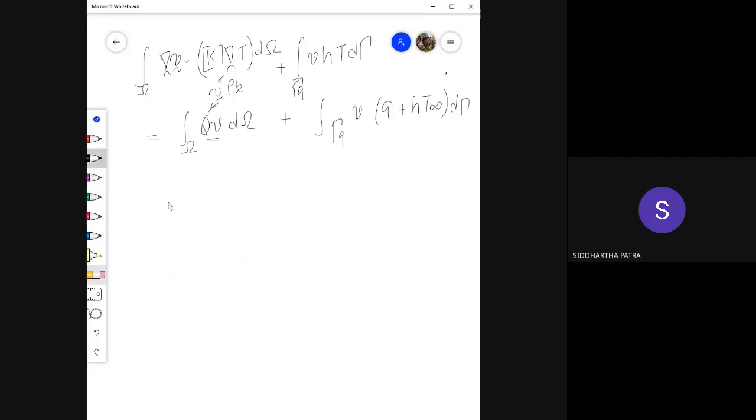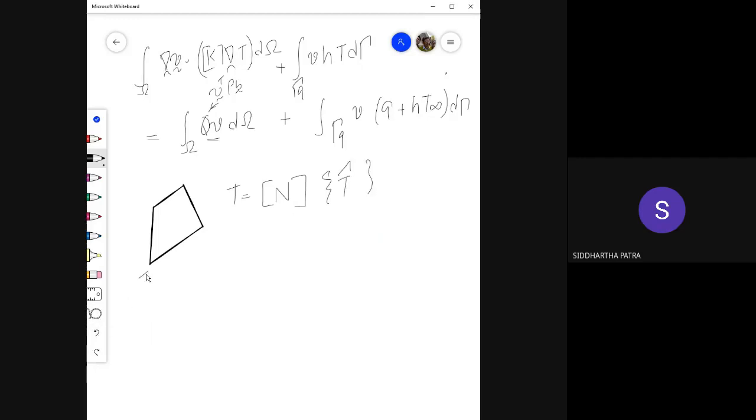Let's say we take a 4-noded quad element to do thermal analysis. In that, we can identify the different shape functions. The shape functions are going to remain the same. That is the only thing that is going to remain the same. And your temperature at any location is this times T hat, where